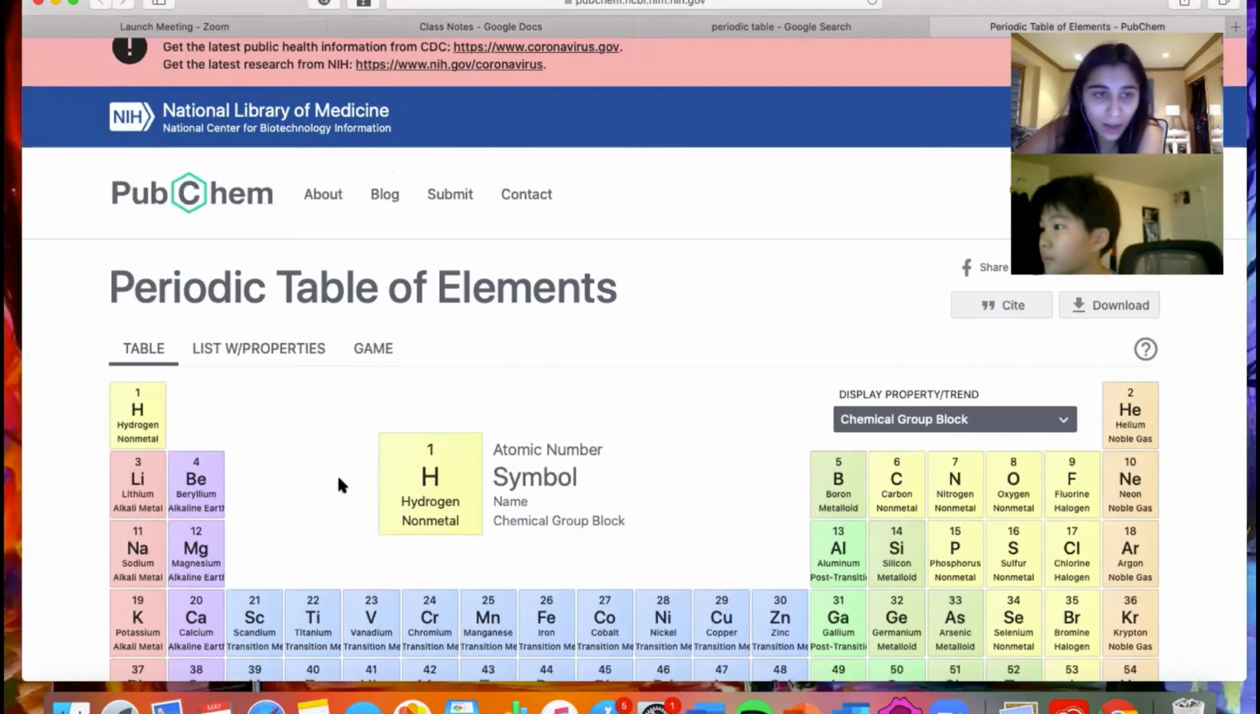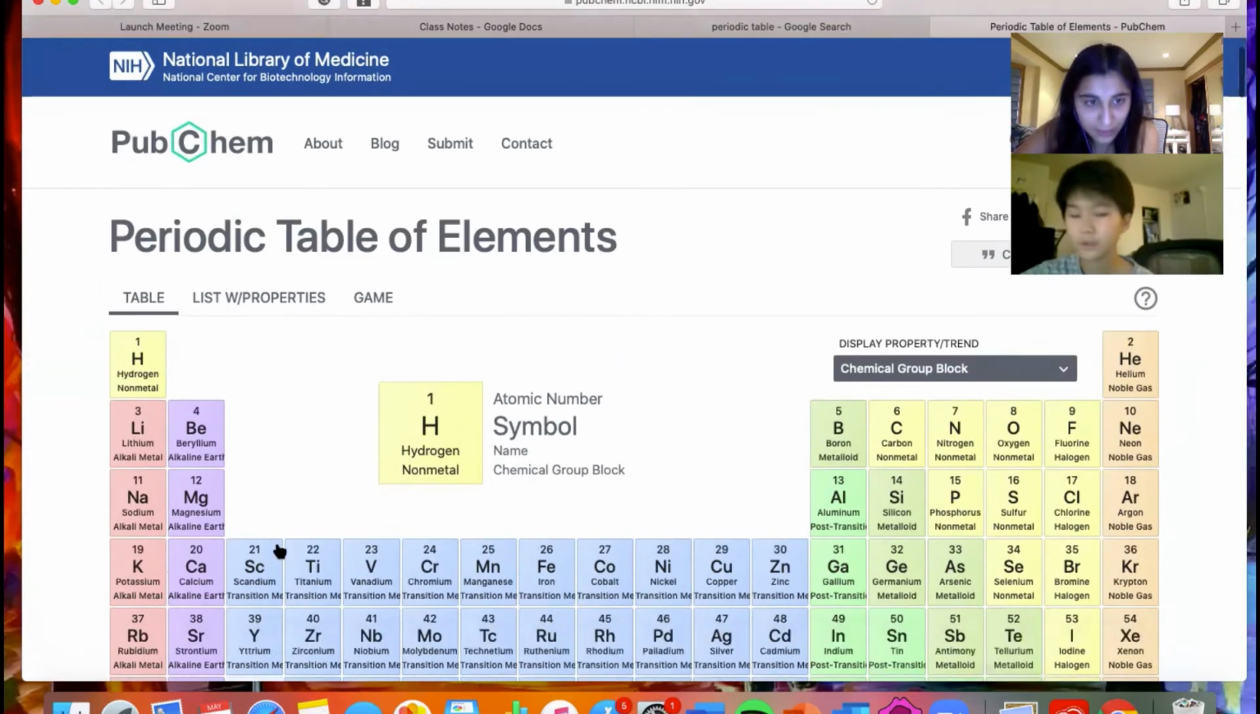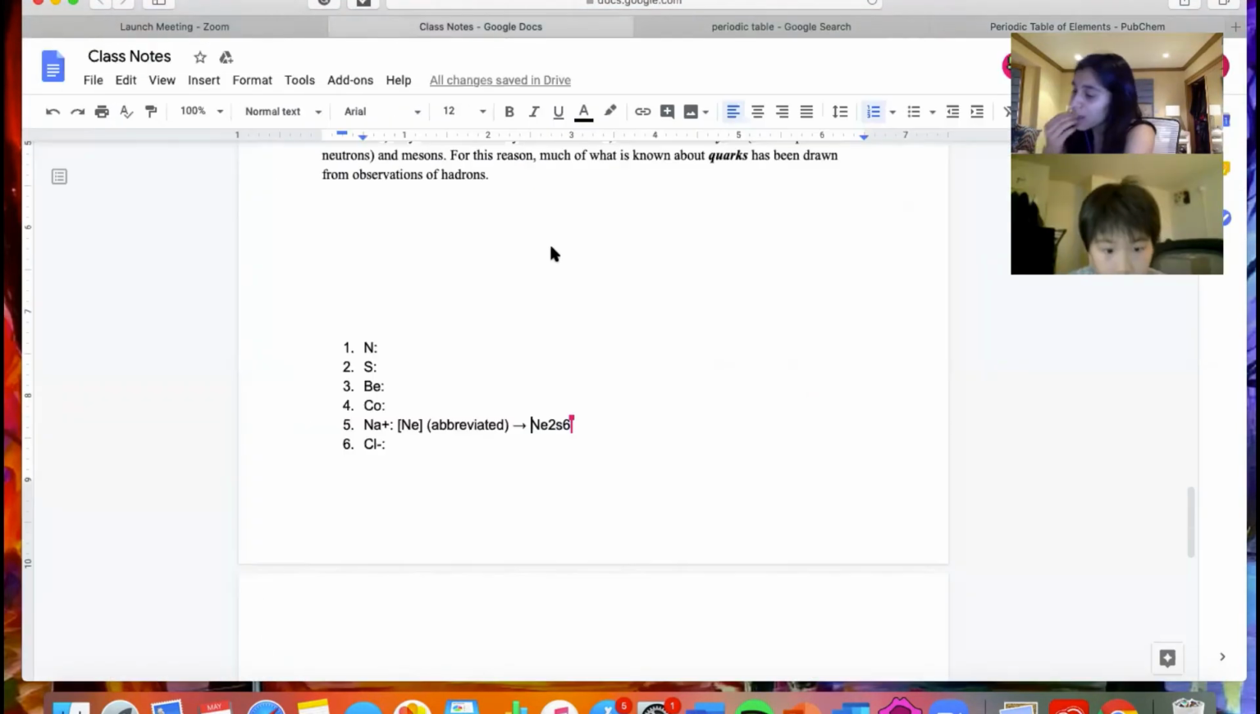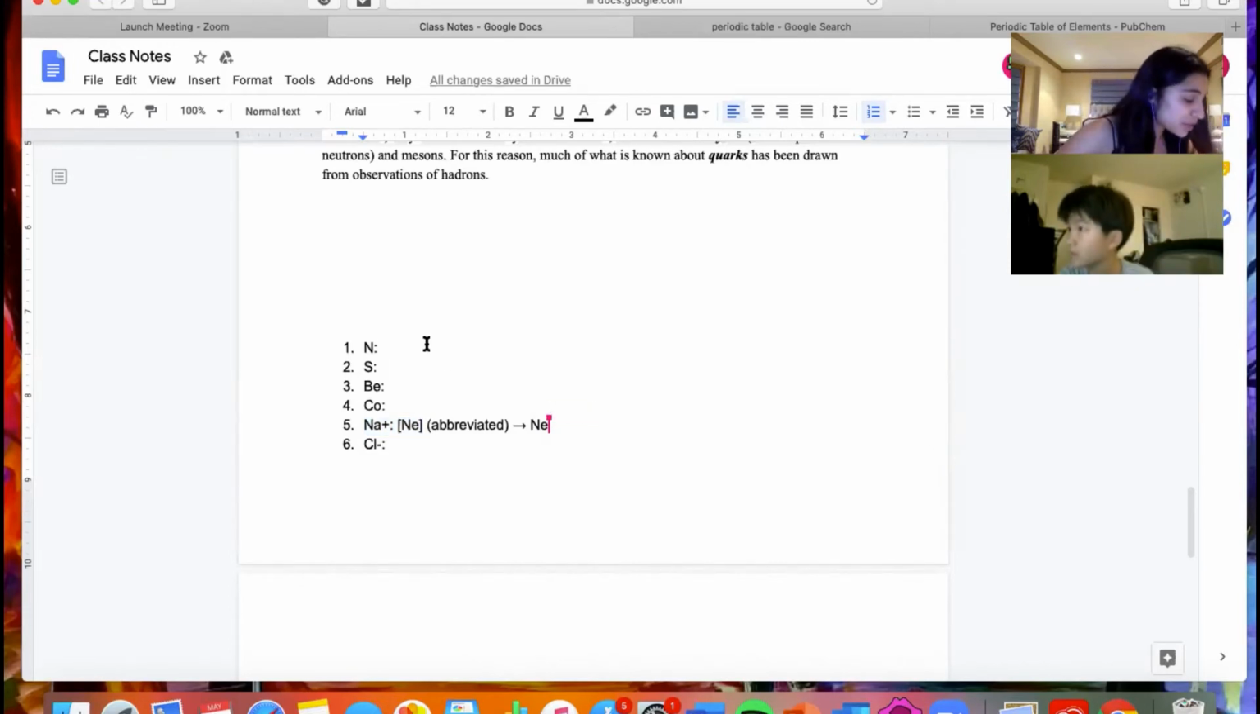Right here, this block. This is 1s. Right here. So 2s, 3s, 4s. Okay. 2p, 3p, so 4p. Neon is the electron configuration for Na+. Oh, like that is the abbreviated one. I want you to write the whole entire one. So if I were to do, for example, nitrogen, not abbreviated, I would have